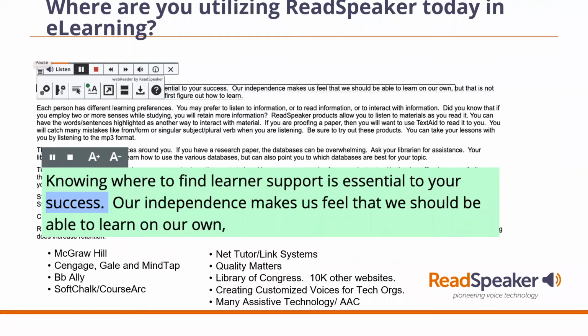As they transition to their next LMS, which is Canvas, they're also going to be utilizing us there. The Library of Congress is another one of the major programs utilizing us. And then, of course, there are probably 10,000 other websites globally that are utilizing us.